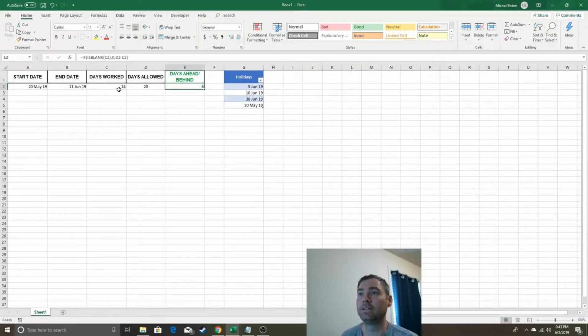If C2 is blank, obviously I don't know how many days I'm ahead or behind, so show blank, right? This is just an arbitrary number that someone somewhere has made up. This is going to count how many days worked as long as I have a start date and an end date. And it's going to remove any date I have inside my holiday list and any date that's a weekend, right? So the next step was,